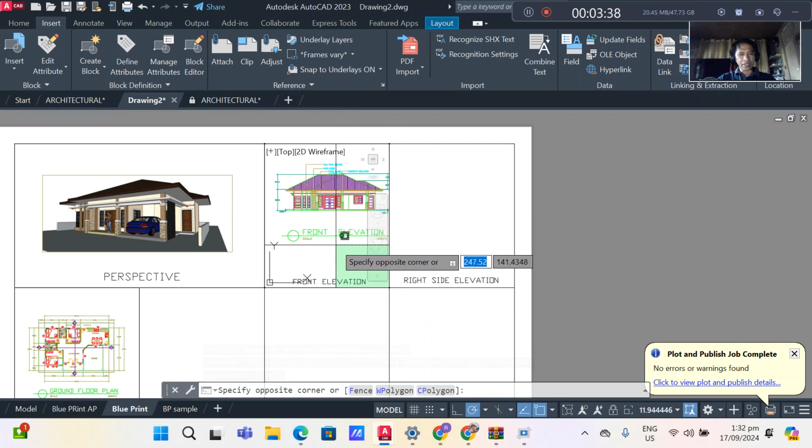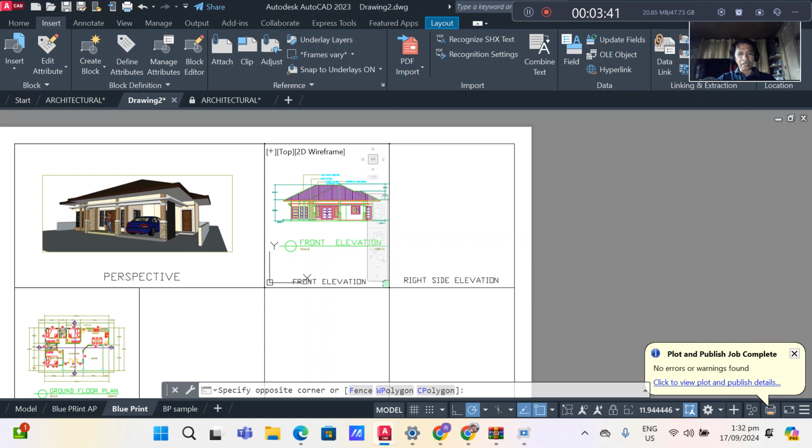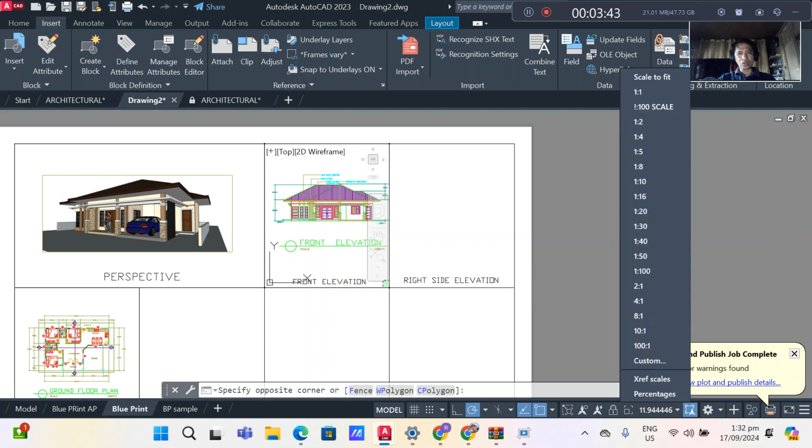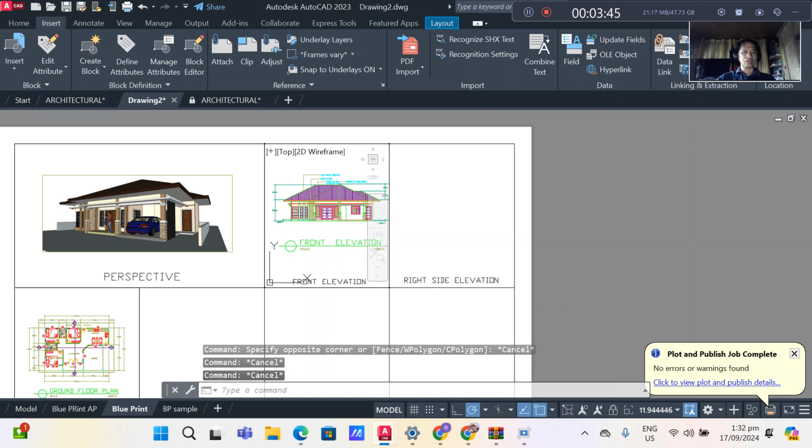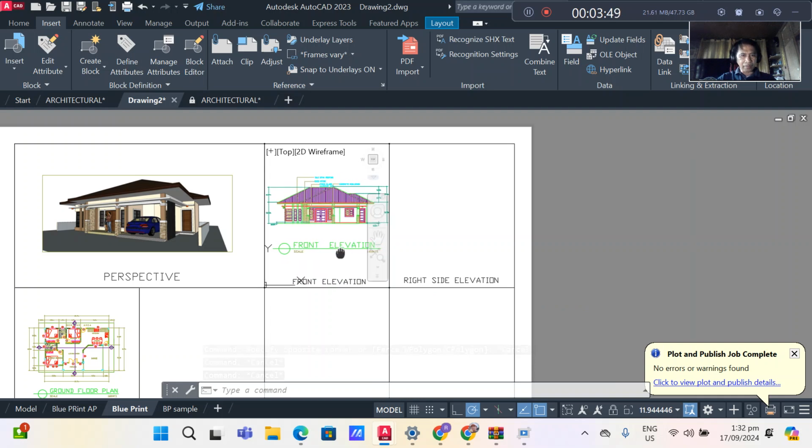So that's the front elevation, and use the scale as 1 is to 100. So that is the size of 1 is to 100.